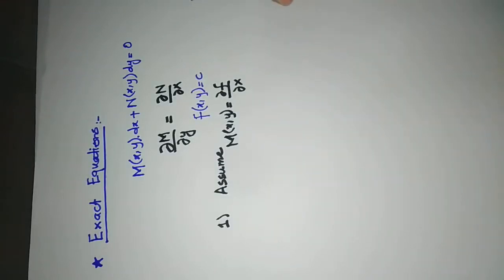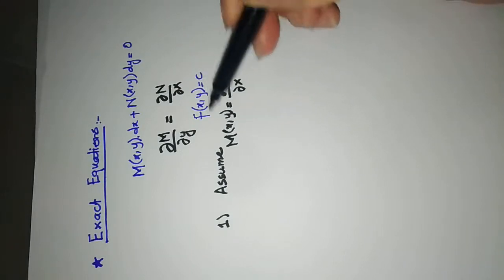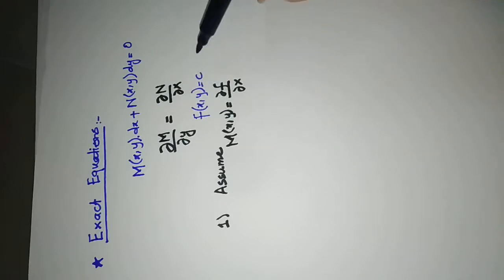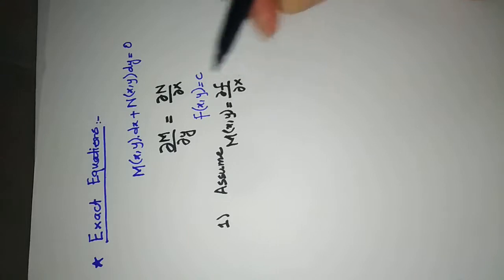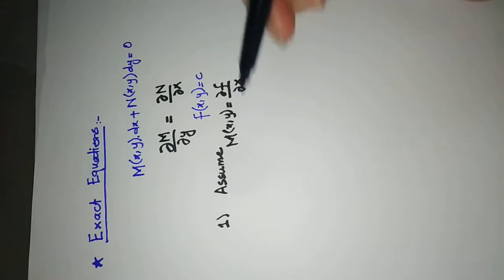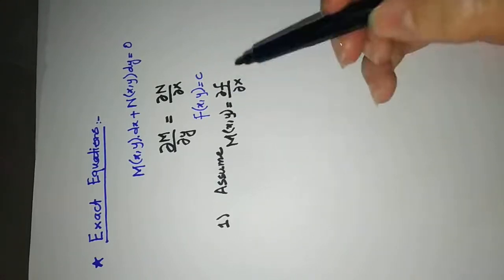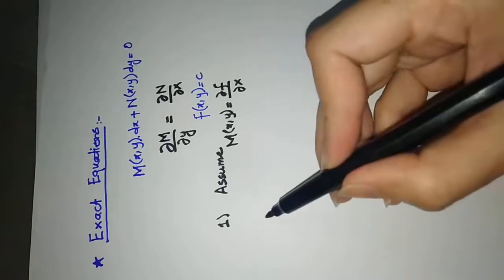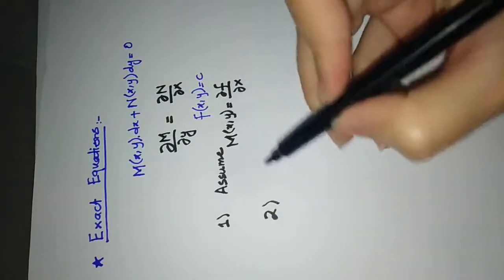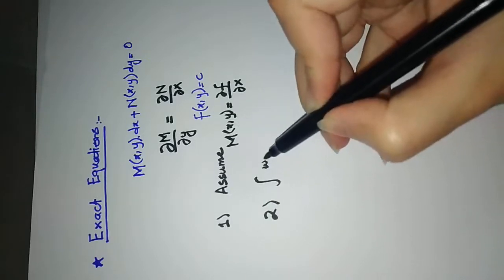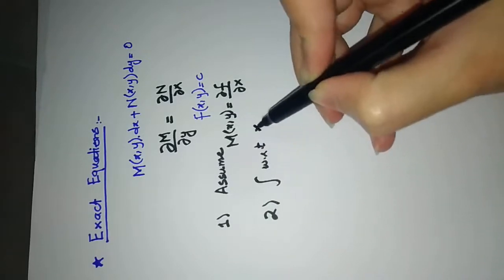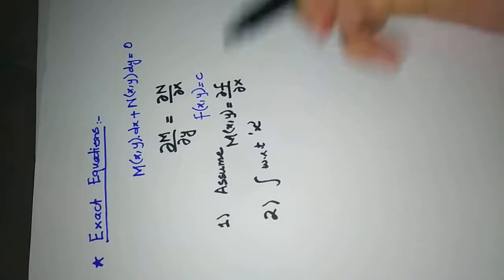I told you our objective is to find the solution f of x, y. So to find f of x, y from this assumption, you have to integrate this equation with respect to x. This is also a partial derivative, so if you integrate this with respect to x,